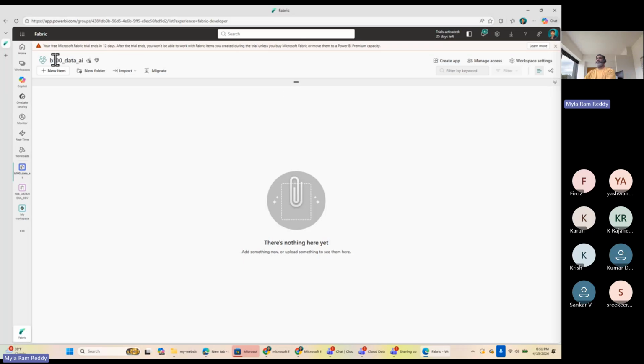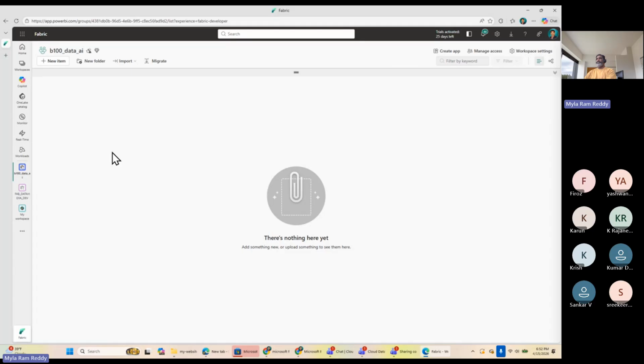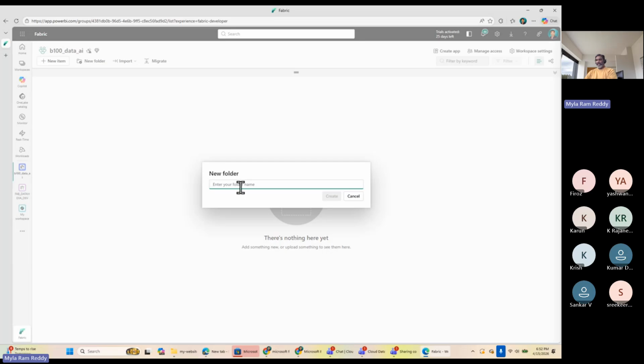This top warning, I am closing this one. It's not required. Now I'm going here. First, I want to create here properly. I want to say this is related to the storage. So I want to create one folder, new folder, and I'm giving the name as